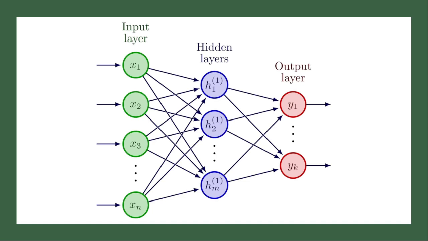There are also what we could call hidden layers, and these are the purple circles, H1, H2, all the way to HM. We call these hidden because you don't see them directly. They are the model's internal calculations. You as a user don't even need to know about this. Each circle is a neuron that takes inputs, applies weights, adds biases, and runs it through an activation function. I won't go into any more detail about that, but just understand that these layers detect patterns in the data.